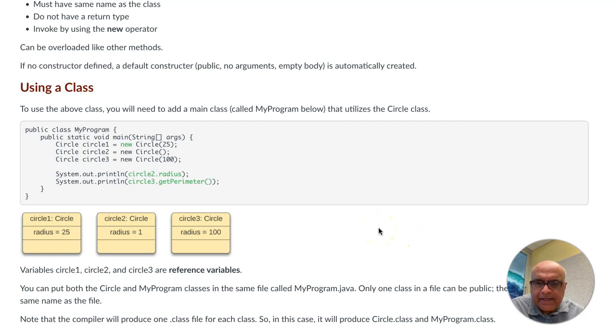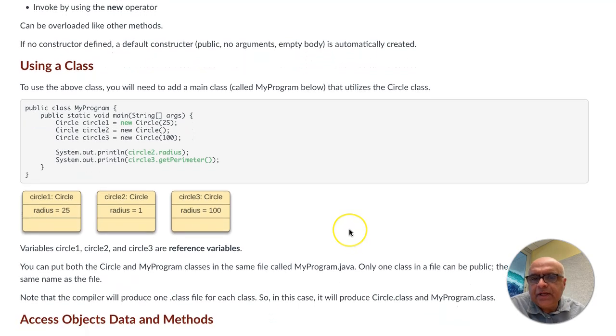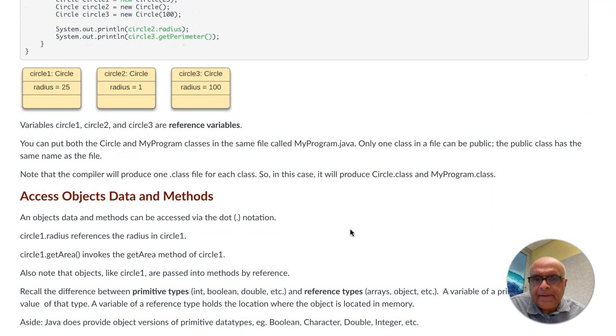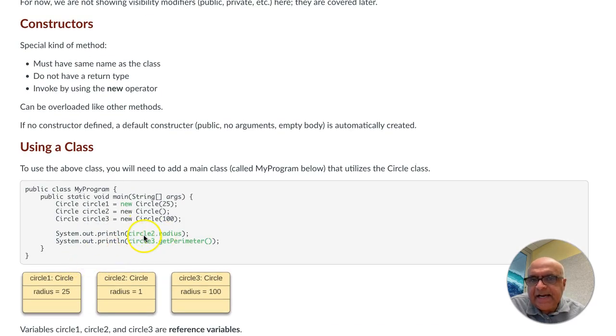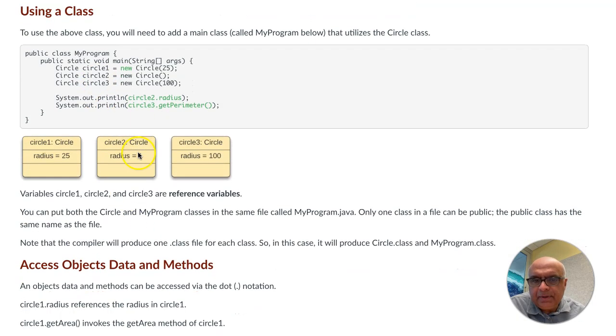Now, the last bit of information we want to give before we actually run this code is, well, how do you call these methods, and how do you access these member variables? For that, we use something called dot notation. Essentially, to get to a member variable, you would have a dot followed by the name of the variable. To invoke a method, you would have a dot followed by the method. And you can see that here I'm printing the radius of circle 2, and I am calling getPerimeter on circle 3. Again, these variables are